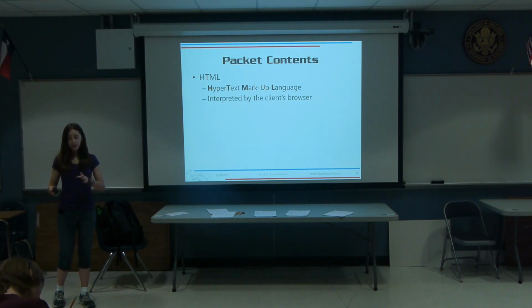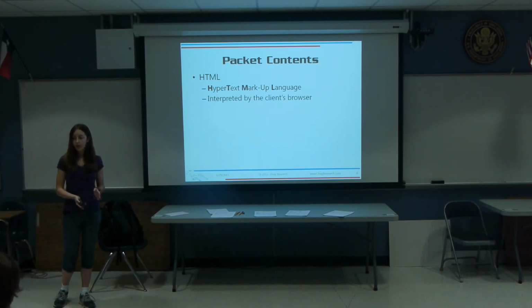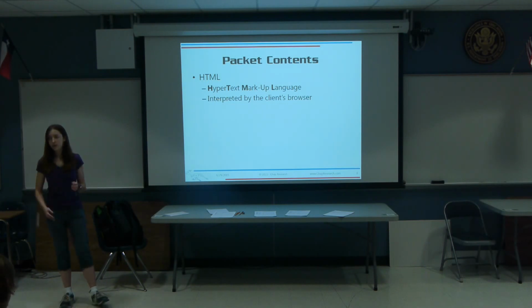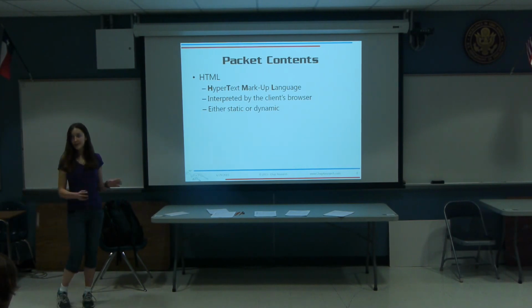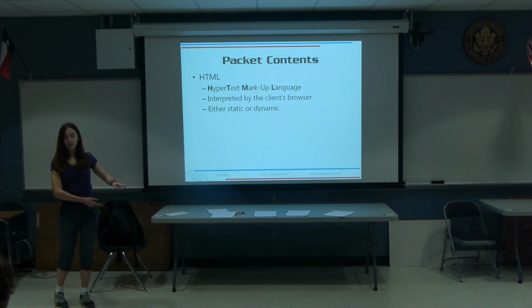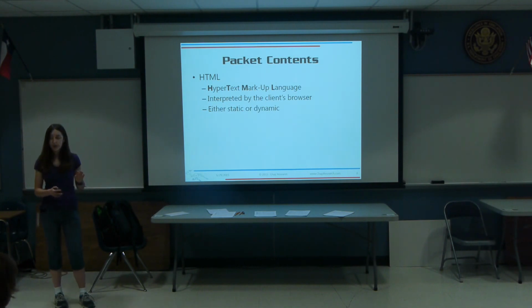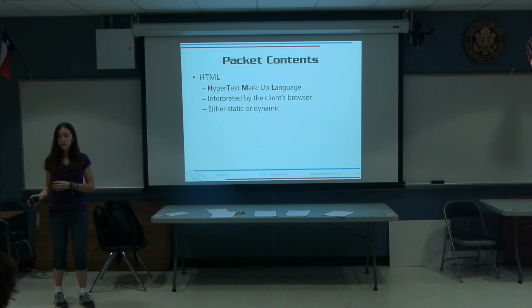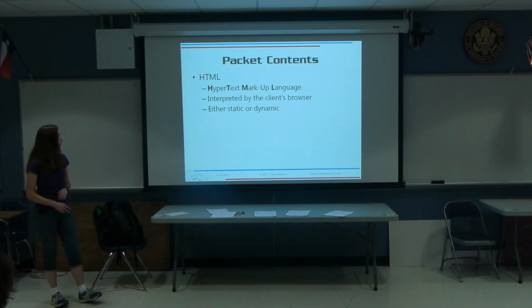And so that HTML is then sent to the client. And so the client will have software like a browser, Mozilla, Chrome, whatever else. And that's what actually displays it for you on your web page. And a web page can either be static or dynamic. In this case, if it's just straight up HTML, it's static. So it's just a page of HTML. It's going to have the same text all the time. We can talk about what it means to be dynamic. But it's basically just that the server is running some sort of language, or it's generating the HTML on the fly based on some sort of input, however you want to do that.